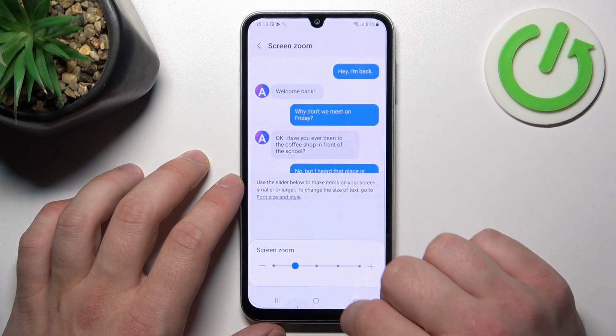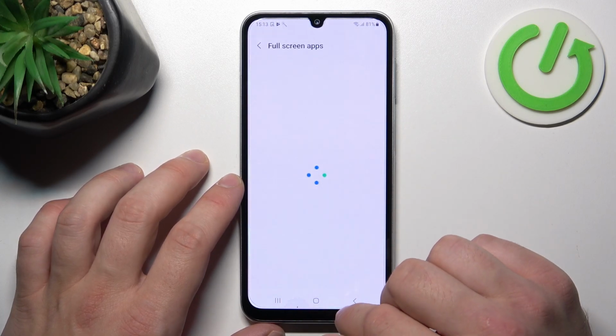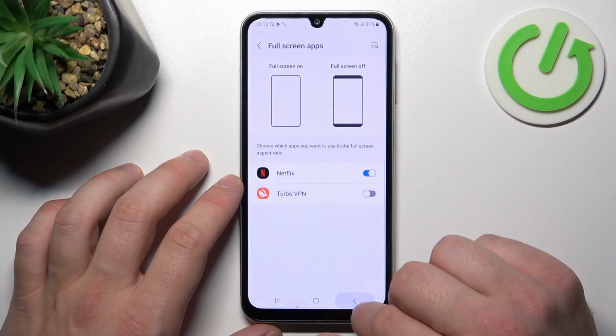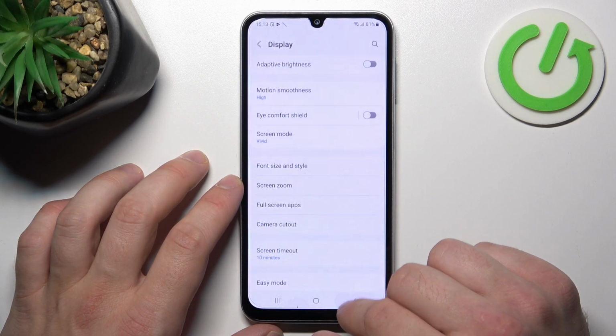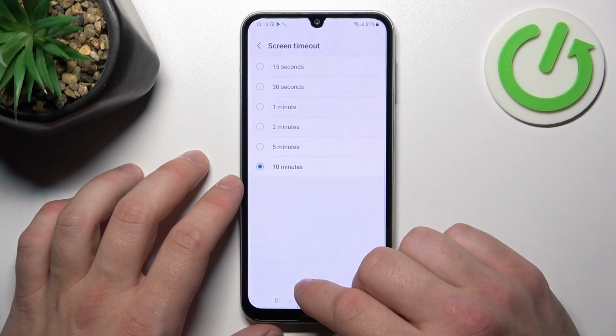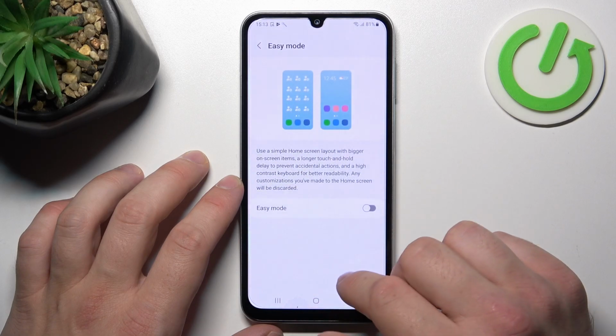adjust screen zoom, enable full screen mode for apps, hide notch in apps, change screen timeout between 15 seconds and 10 minutes, enable easy mode,